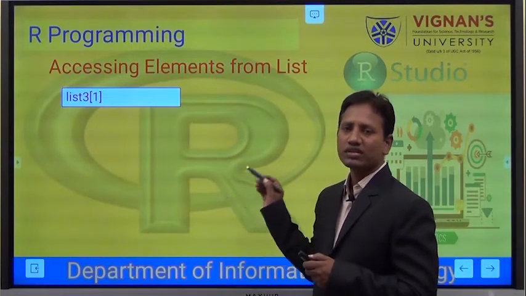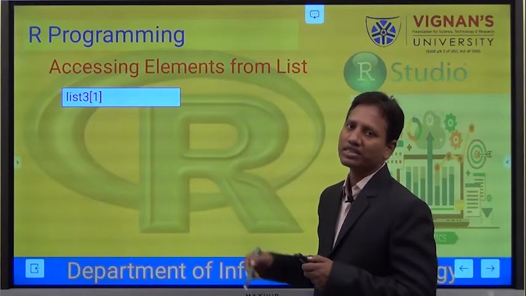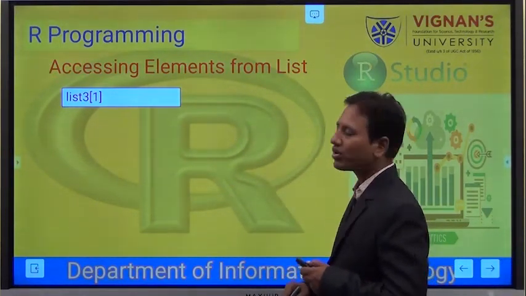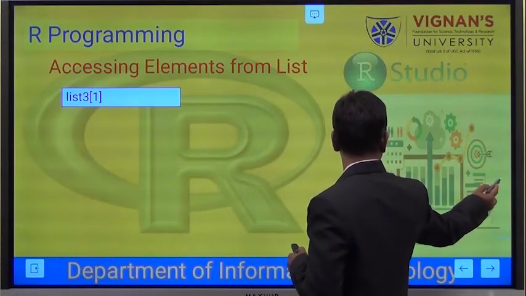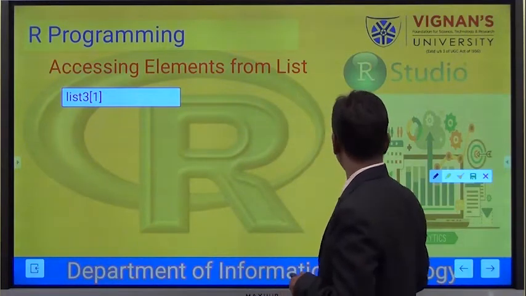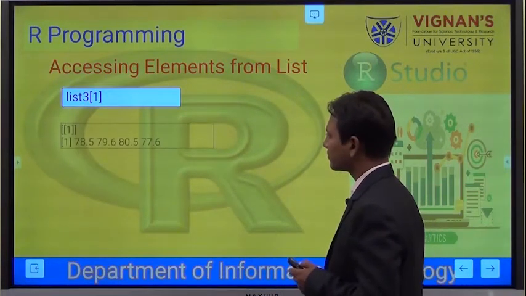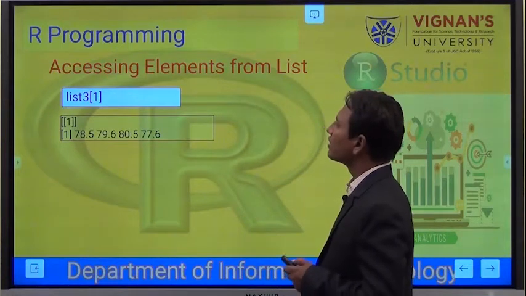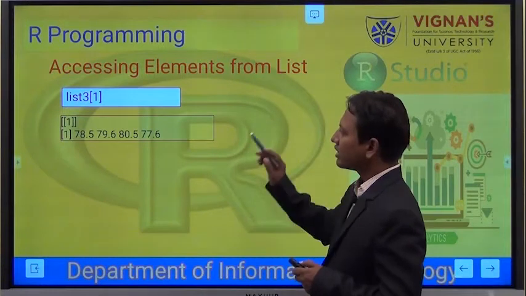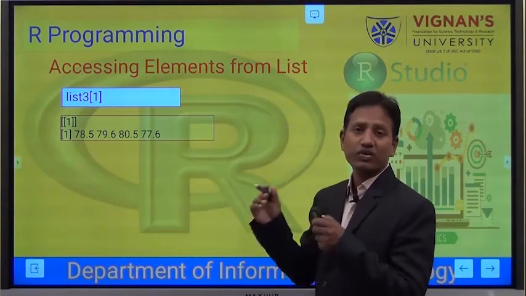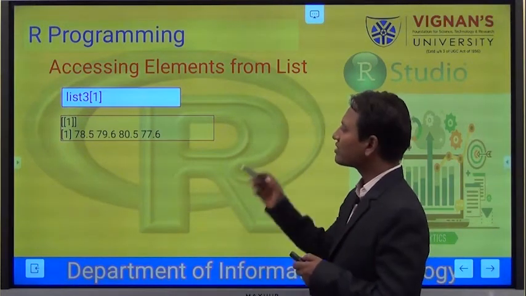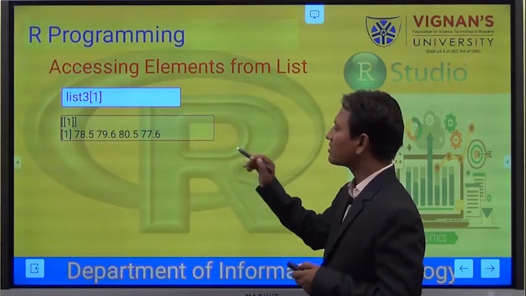It was the employee ID 143, and to access that one we are using this indexing. The output you are going to see is: in list 3 the first item was a vector. So that first vector we have got in this manner.